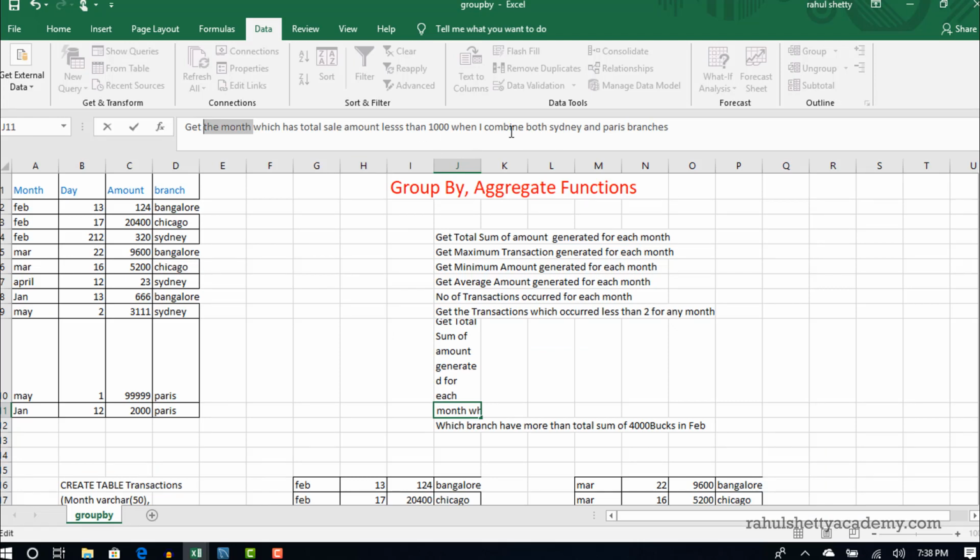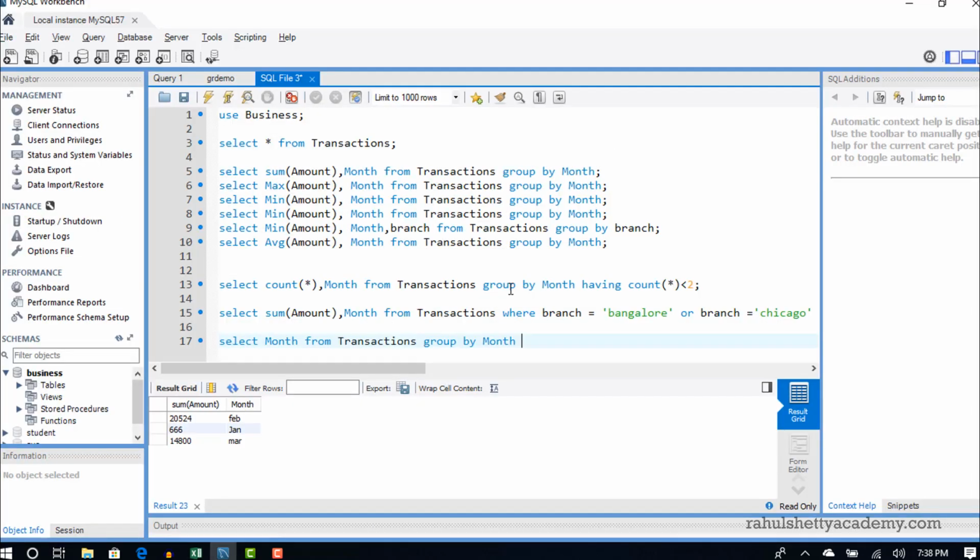Thereafter, this group by can apply only on the Sydney and Paris branches because I don't want any Bangalore or Chicago branches. So before I apply group by, I have to make sure that I eliminate the other branches and include only these branches.